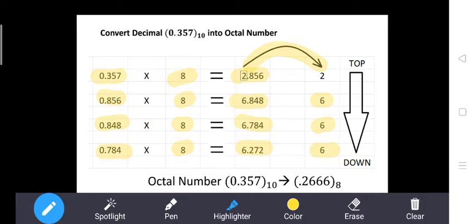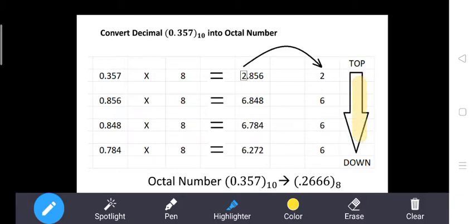I can repeat these steps infinite times, but I don't need to do this infinite times. I will repeat all these steps up to 4 iterations. So whatever numbers I get, I will write them from